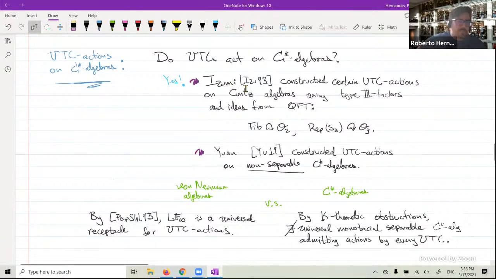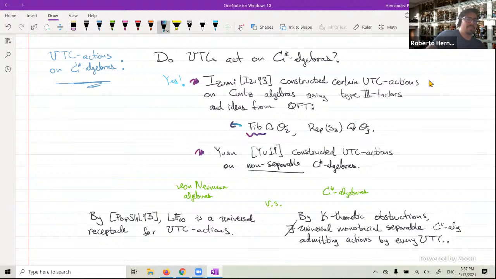And I guess historically there have been some examples. The answer is yes. There were some examples back in the 90s, constructed just out of thin air, kind of surprisingly, by Izumi. Using some ideas from quantum field theory and techniques from type III factors, he managed to construct actions of categories on different Cuntz algebras. So for instance, he managed to put the Fibonacci category to act on the Cuntz algebra on two generators, where